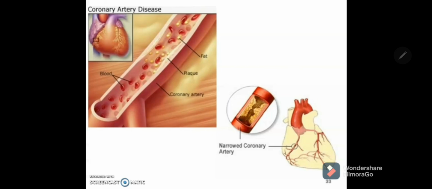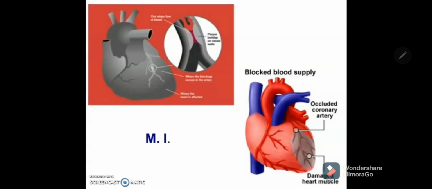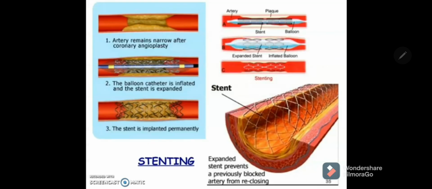Here you can see the image is showing the atherosclerosis in the normal coronary artery, and the area distal to the occlusion is suffering because of the lack of oxygen, and here you can notice the occlusion here, and this is the area of ischemia. In that case they will do coronary angioplasty or catheterization with stenting, you can see. So artery may remain narrow after the angioplasty. They will put balloon catheter and stent is expanded so that it will not narrow again, and the stent provides